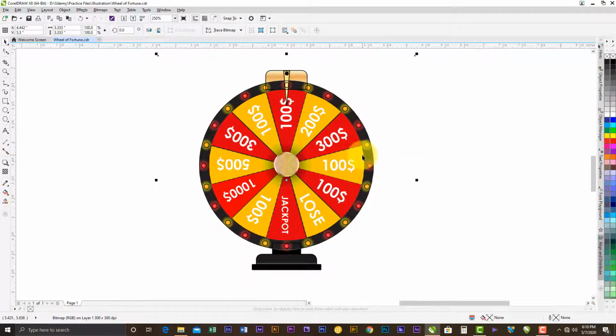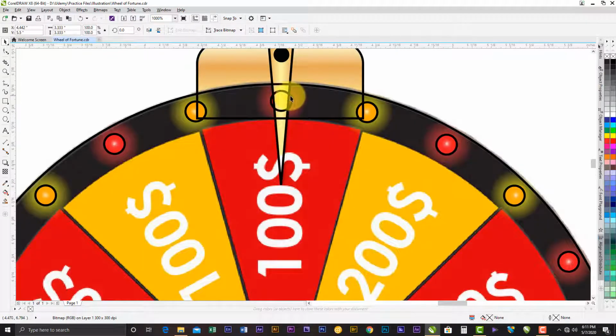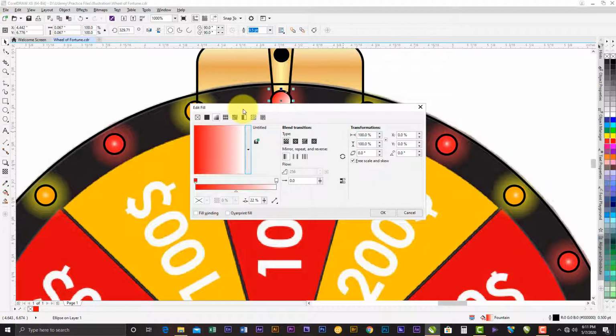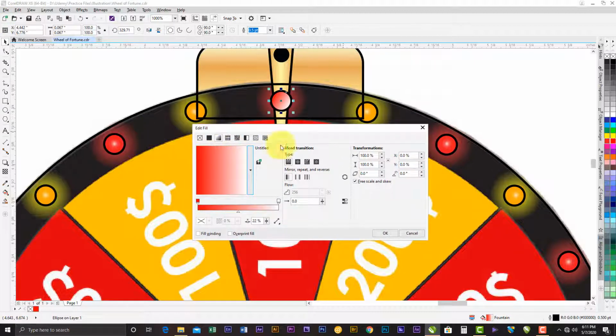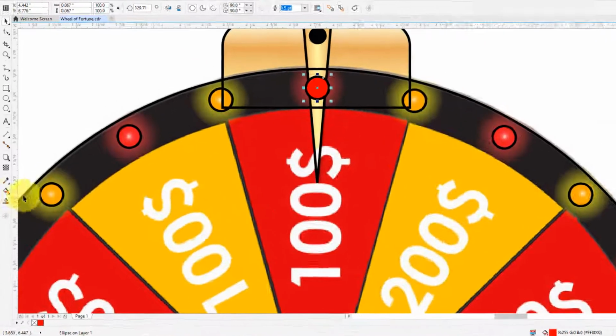So having done that, we are going to start adding the effects, the colors. So we're going to change that to a red. Remember, I'm using RGB color model. Okay, now if you can see, there's a little highlight in the middle of the